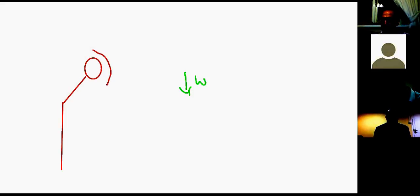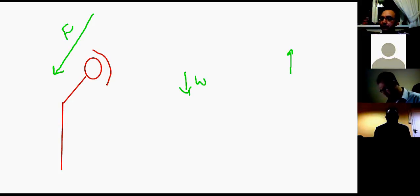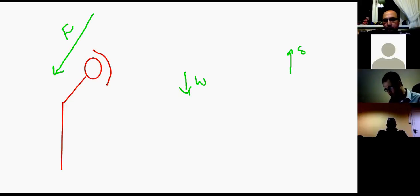Okay. So if this is the person's weight, W, and we have abductors going here, F. If the patient is carrying a stick on the opposite side, that's the force of the stick, S. Okay? So then what happens here is, if you take the moment arm of those two forces,